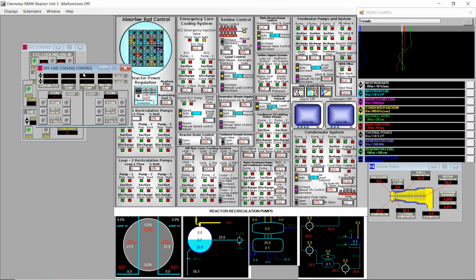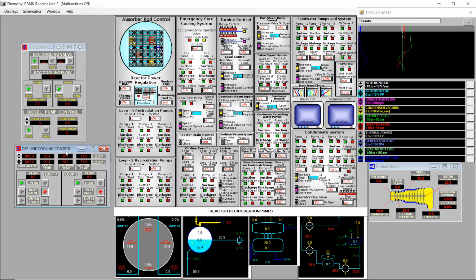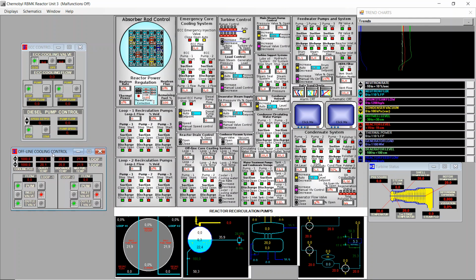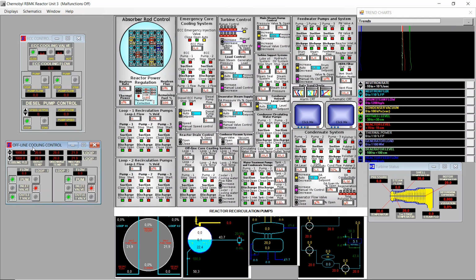And this system, the one I just closed, the offline cooling control, is used to cool the reactor core after a shutdown. Because of the decay products of fission, heat is produced many hours or days after the shutdown of a reactor. That's the reason why in Fukushima there was the accident, because of the heat produced after the shutdown, because the reactor was correctly shut down when there was the earthquake. And then, because this system uses the grid energy coming from outside the power plant to run the pumps and keep cooling, if the grid is down, which was also the case in Japan in the Fukushima accident, then there is a